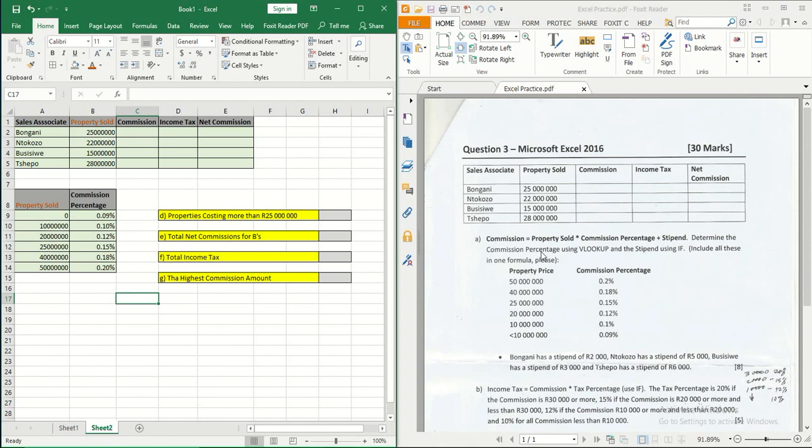Okay. The commission percentage and the stipend are not in the first table. What we need to do, the commission percentage is going to be derived from this table using a VLOOKUP. And then the stipend is supposed to be from an if statement. Okay. The first thing to do is to know